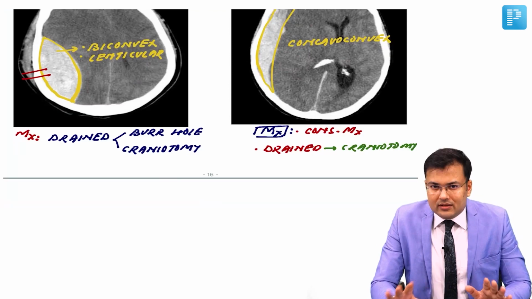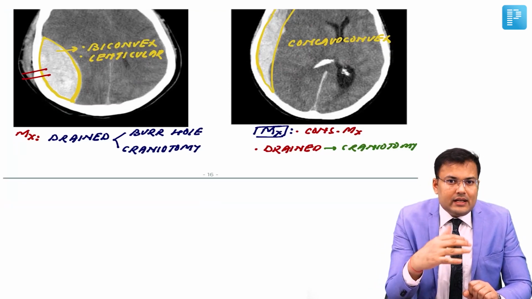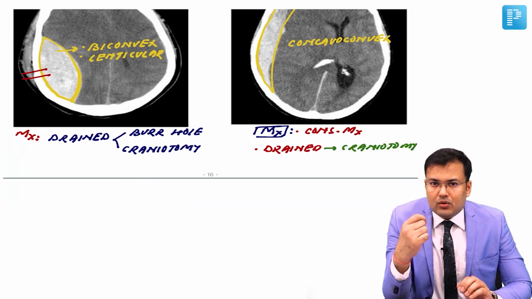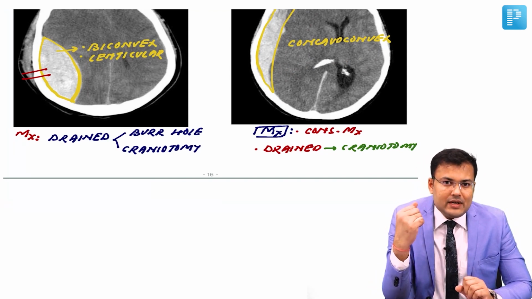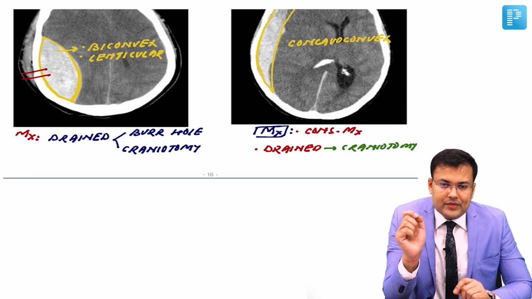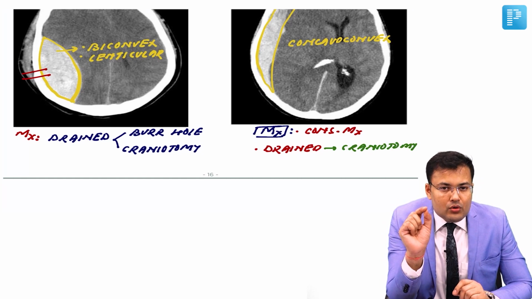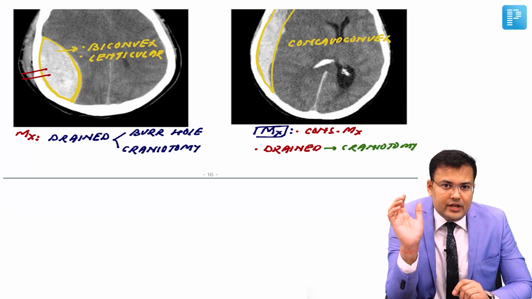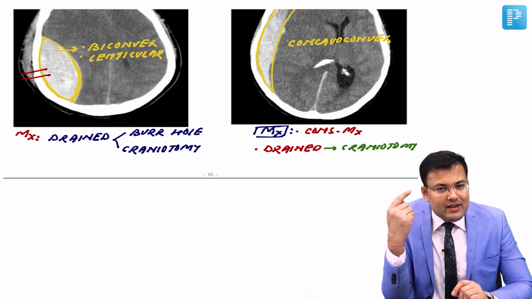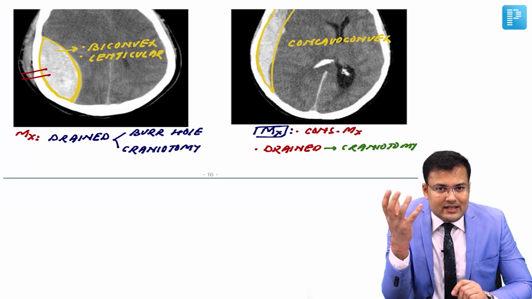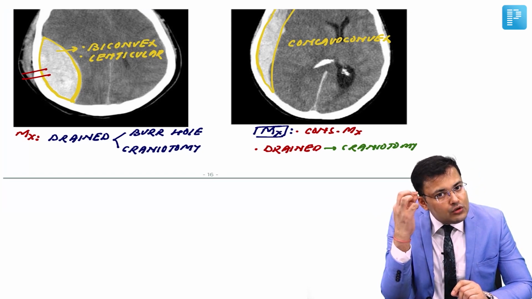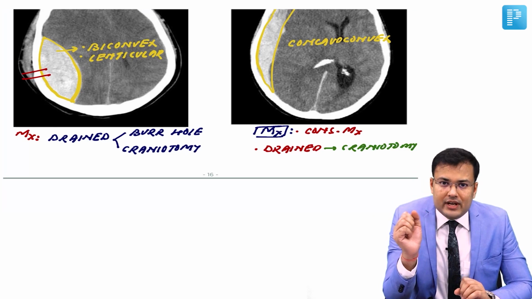Okay. Once in AIIMS, this question was asked: there is a patient of head injury who fell unconscious, and you have to create a burr hole because you suspect some kind of hematoma. So where are you going to create the burr hole? Generally, the burr hole should be created close to the pterion, on the side of the hematoma. If NCCT is available, you know on which side the hematoma is. So very close to the pterion, you are supposed to create a burr hole.